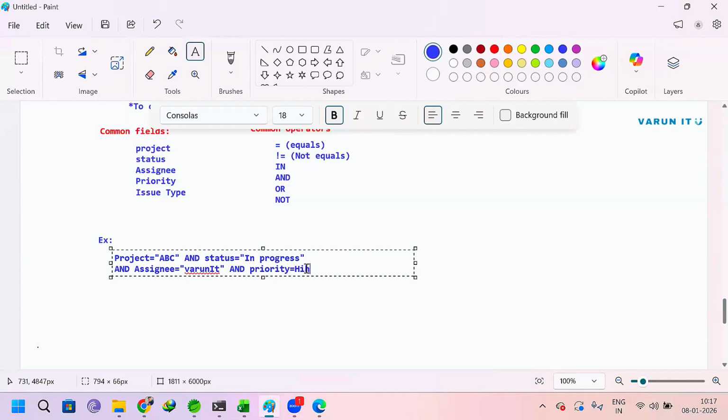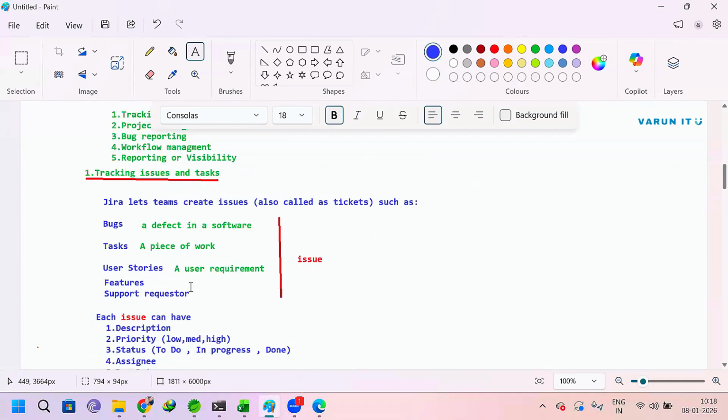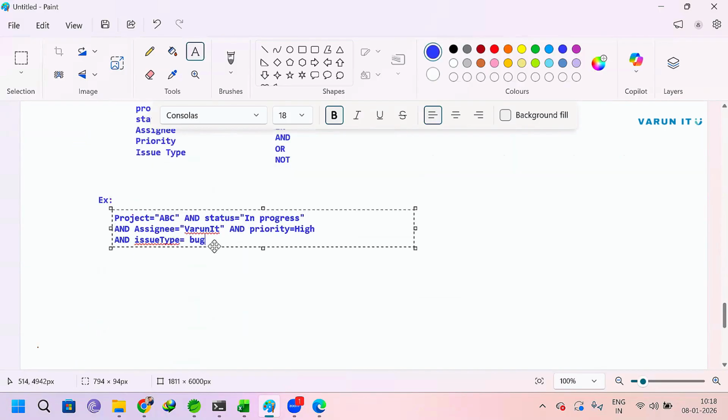Priority is high or low. Now, issue type. What is the issue type? Issue type is whether it is a bug or something else. See, these are types of issue: bug, task, user stories. Everything is a type of issue. Each issue will have these types. Now you got it why I have written there: issue type is bug, and